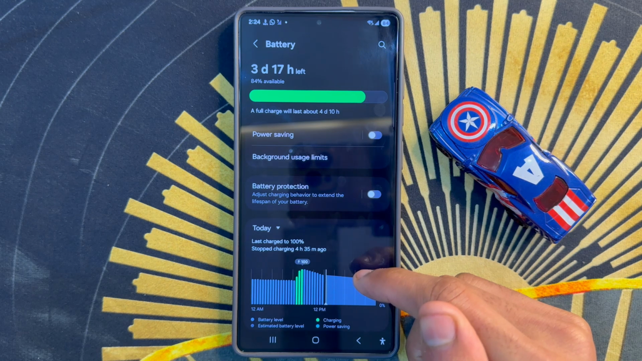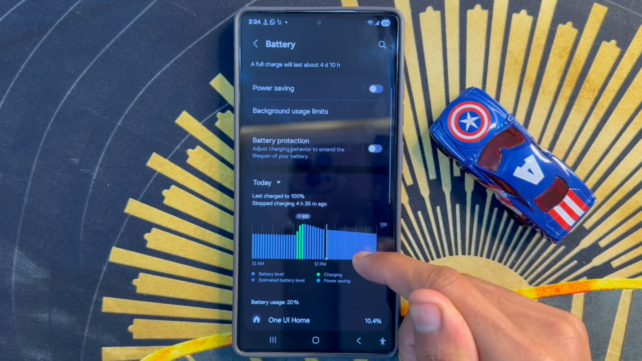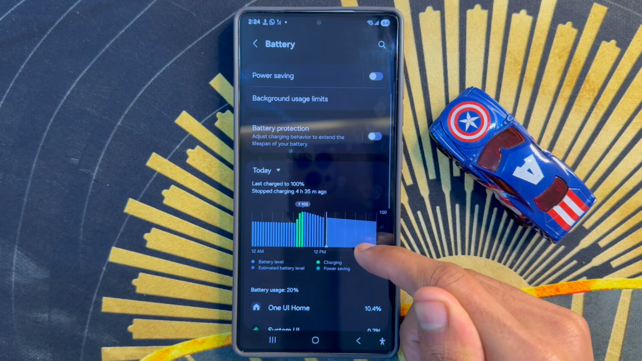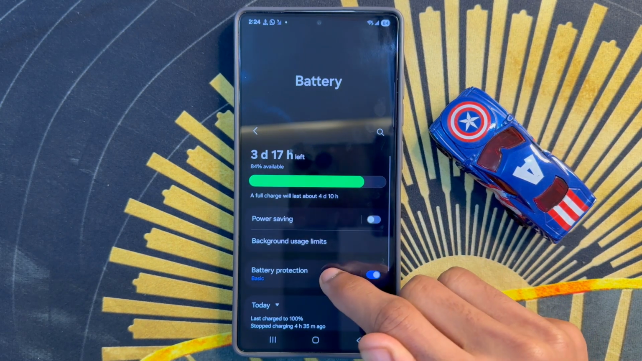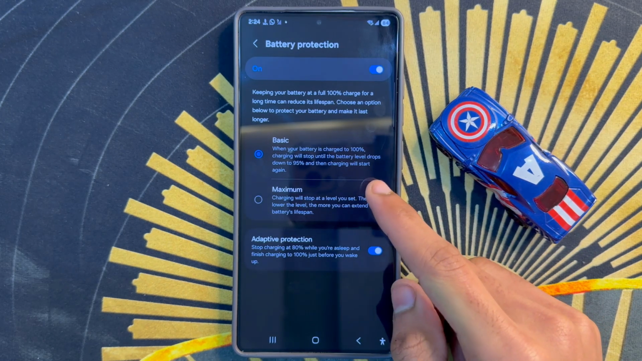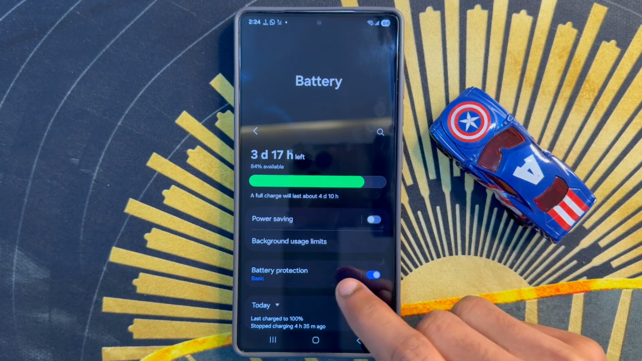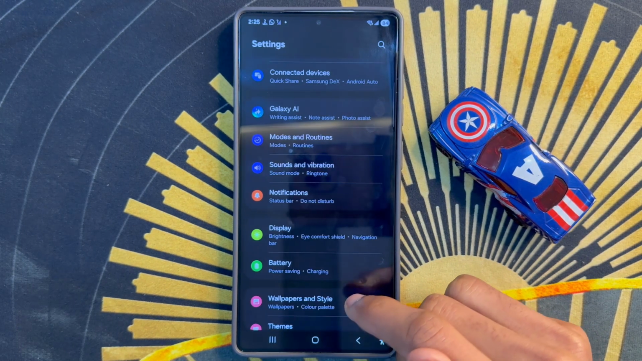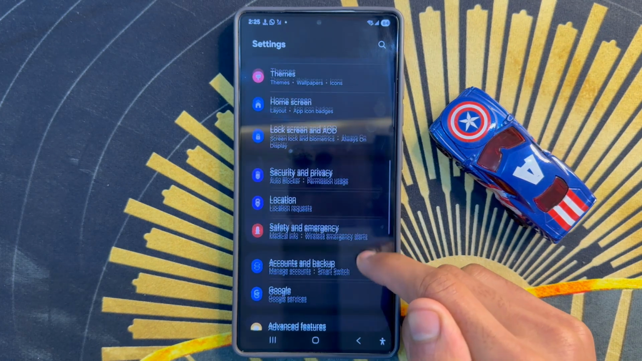After clicking on Battery, scroll down, and click on battery protection. Turn on battery protection and click on adaptive. After clicking on adaptive, go back. After turning on battery protection, go back, scroll down and click on wallpaper and style